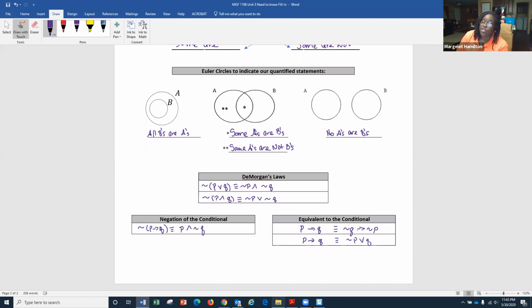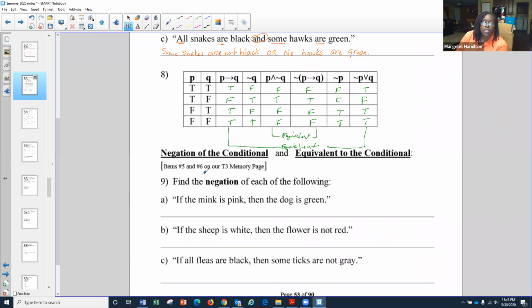Okay, now let's go back and do some problems to give us some solidification about it. So let's look at finding the negation of our conditional statement. Now we said the negation of it is equivalent to, right, P and not Q. So P stays the same. So when you're negating your conditional statement, remember, keep P as it is. Change your if-then to and